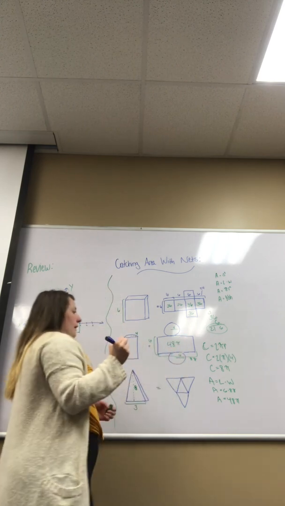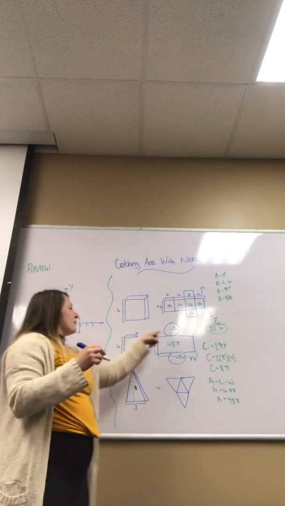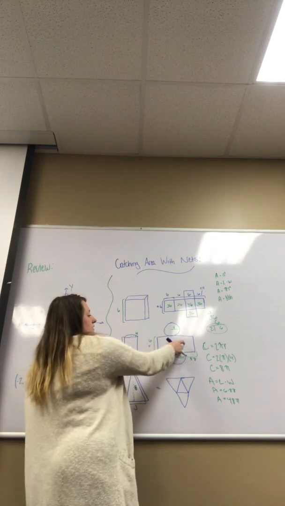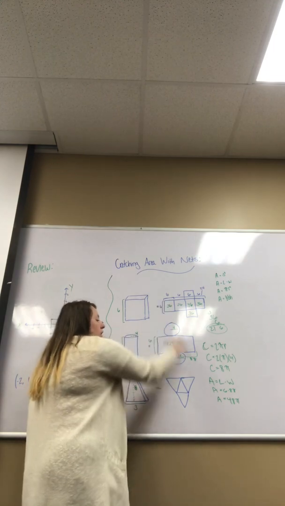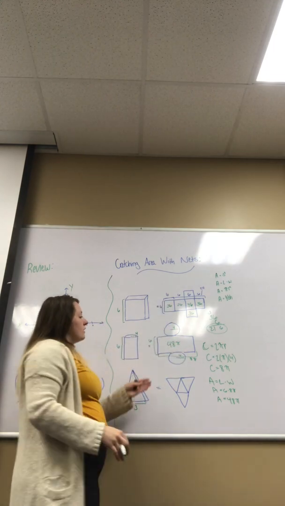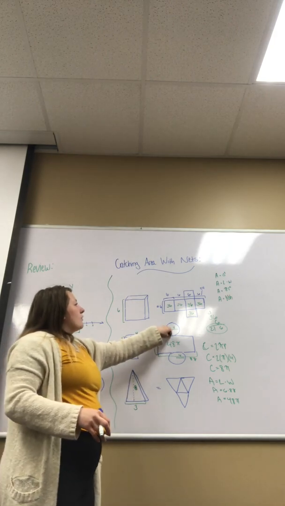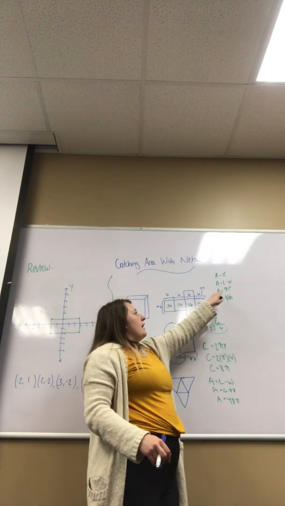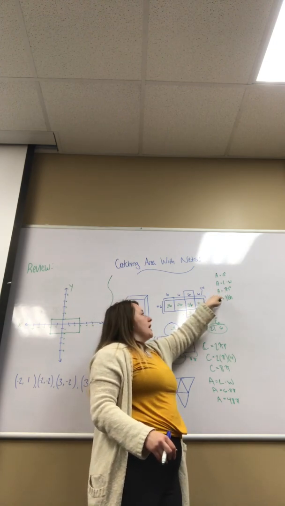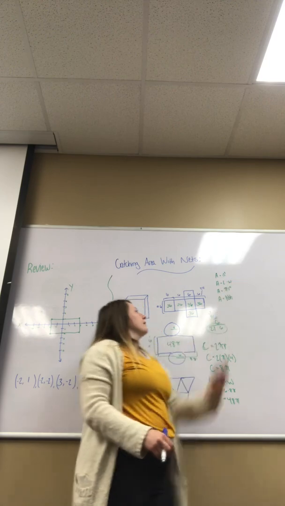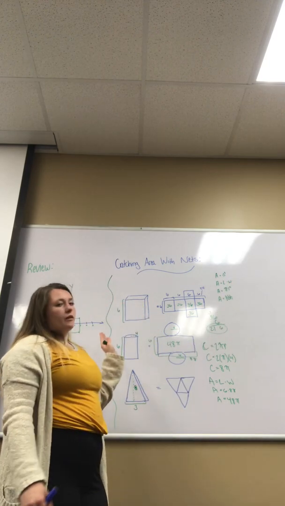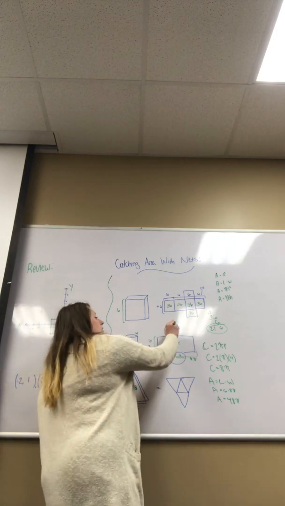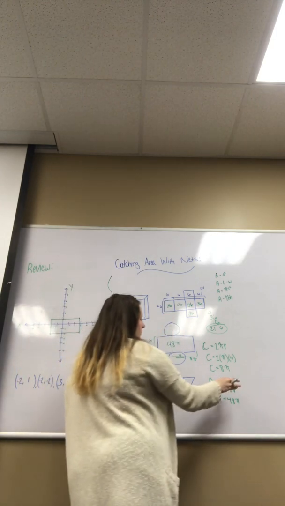So now we have to find the areas for our circle in order to find the total surface area. Because we don't want just the surface area of this, we want the area of all of it, the whole surface area. So what is our formula for our circle? It's going to be A for area equals pi r squared. You already told me what the radius was. R's radius, 4. So we're going to do A equals